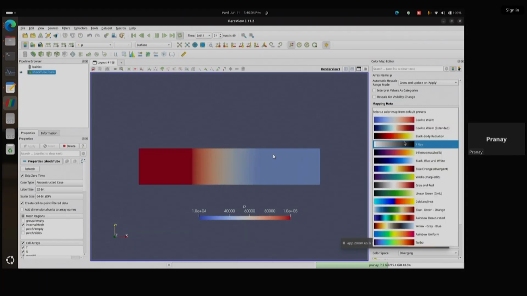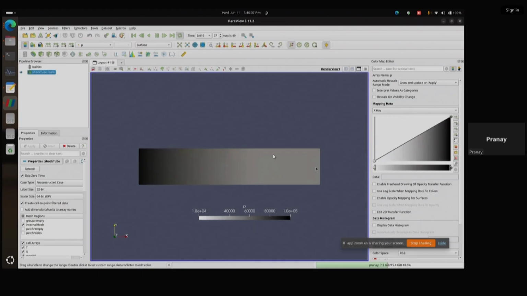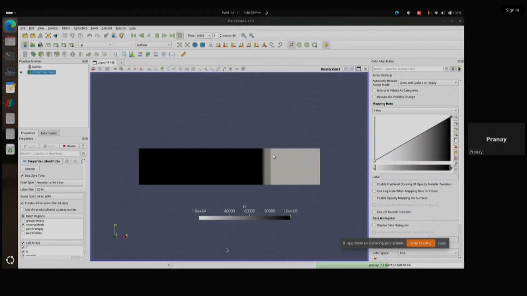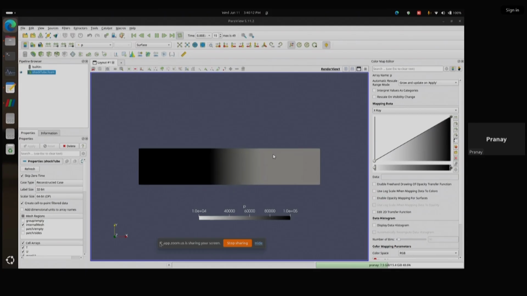I'll change the color scheme for better post-processing. This is the first time step, and this explicitly tells us that in this region we are getting a pressure of 100,000, and here we are getting a pressure of 10,000. Once the solution progresses,